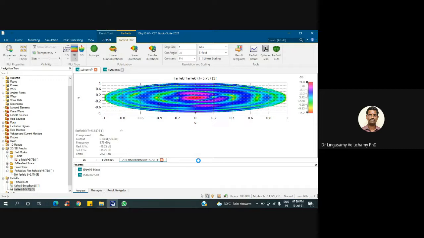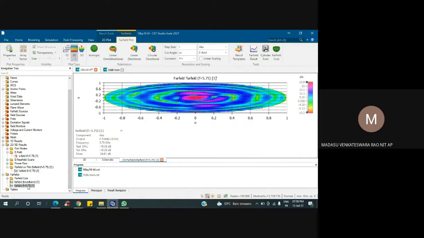Some distance he captured that phase, and based on the transformation, plus minus 60 he could have put. He might have taken the plot from CST and then put it, but that distance and all he might have used some calculation.